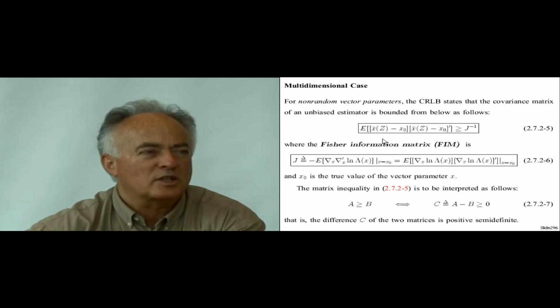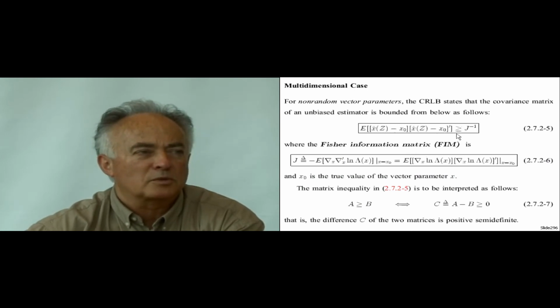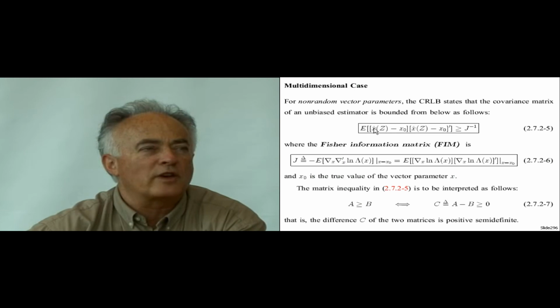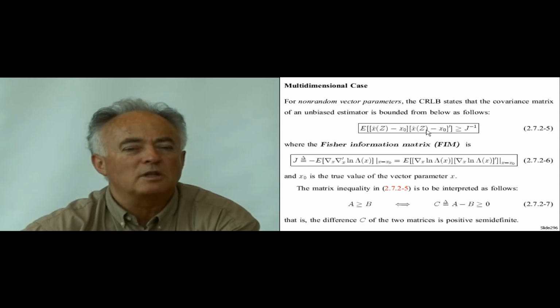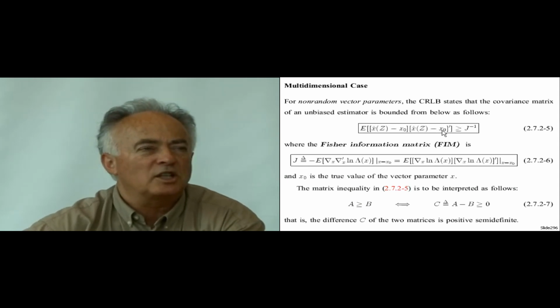The expected value of x hat of z minus x0, which is a vector in column form, times the same thing in row vector form after transposition, so this is a square matrix, which is the covariance matrix of my error or of my estimate, whichever you want, because the error is zero mean and the estimate has mean equal to x0,